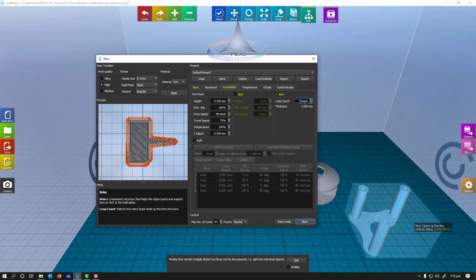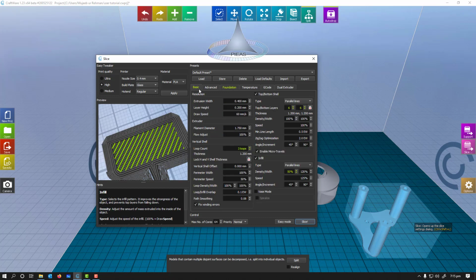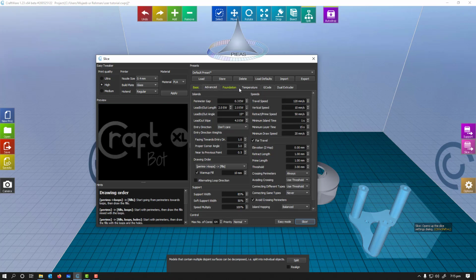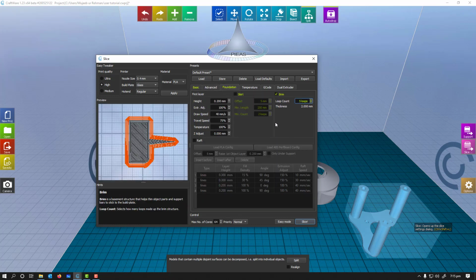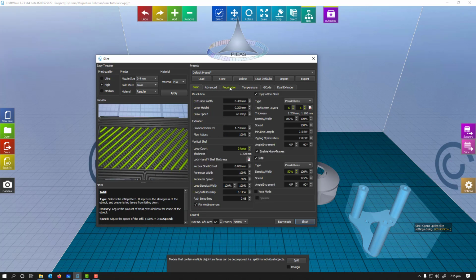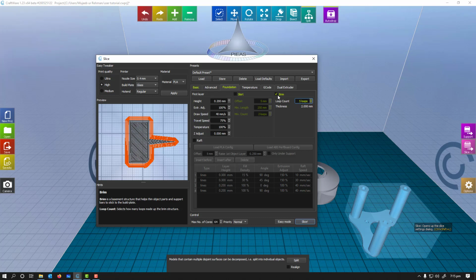You can make the number of layers 4 or 5, but there is no minimum length option. And thickness you can keep up to the layer height. The thickness would be 2 mm as per your settings. So this thickness is as per your extrusion width. Remember that. So 5 loops means 5 multiplied by 0.4, which is 2 mm thick. So this thickness will be 2 mm.